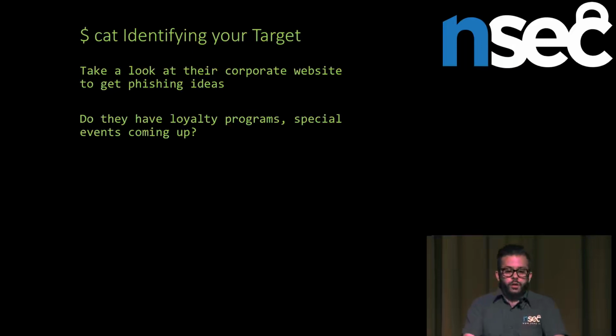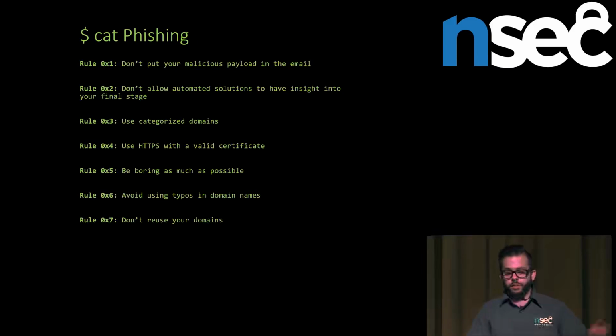Also, their corporate website is really useful to get ideas. Most big companies now have a loyalty program internally, or they're involved in a charity program and stuff like that. So if you know for a fact that there's an upcoming event in a month, let's say, you can decide to make a phishing campaign based on this. It's kind of good timing because it makes sense for them to receive an email about that at that specific time. Or if they have a loyalty program, you can claim that you changed something in the loyalty program and they have to subscribe there and provide their Active Directory credentials on a third-party website, right? It's 100% legitimate.